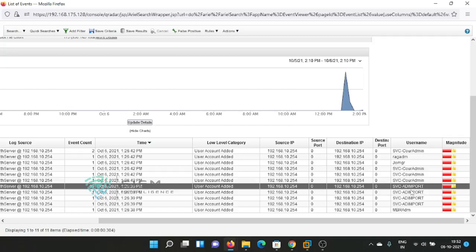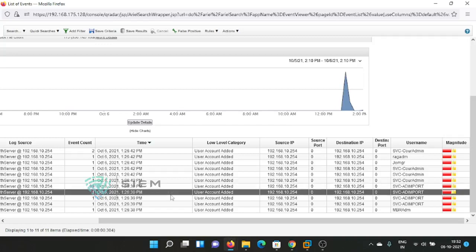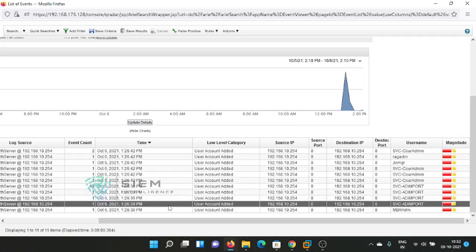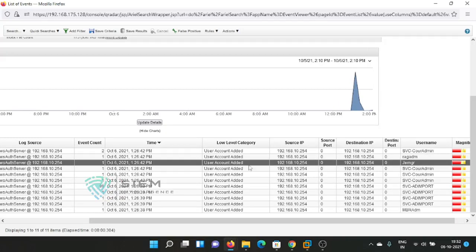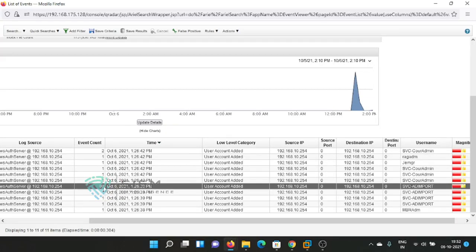So I have to find out why there are 99, and prior to this there are also so many activities related to this SVC ADMIN port. Why is this one taking so much time to create? For this there is only one event as created, but why does it have 99 events? So I have to look into whether it was created normally or through a command or a shell, because of which so many events were triggered to create it forcefully. So you have to find out why this has taken 99 times.